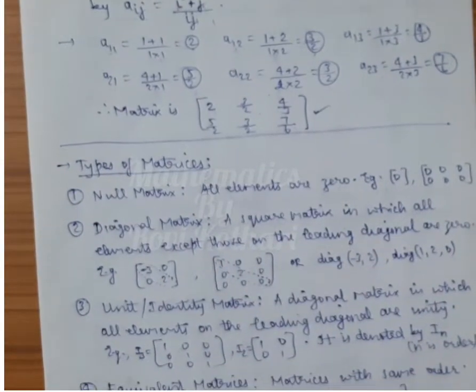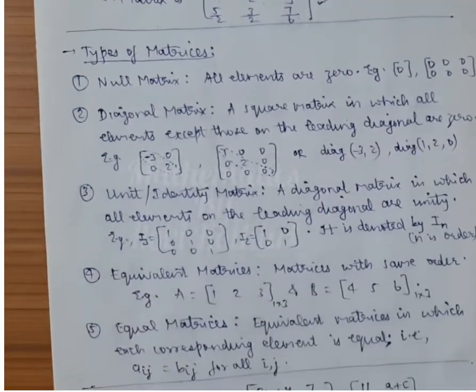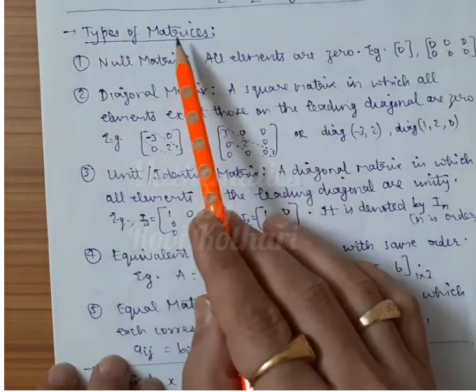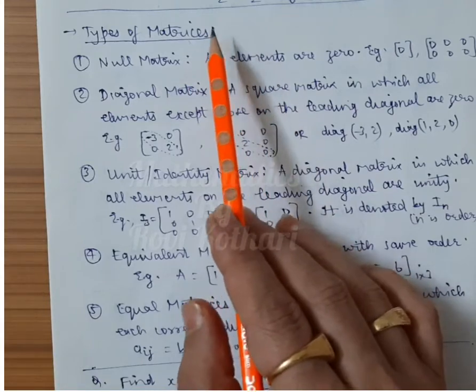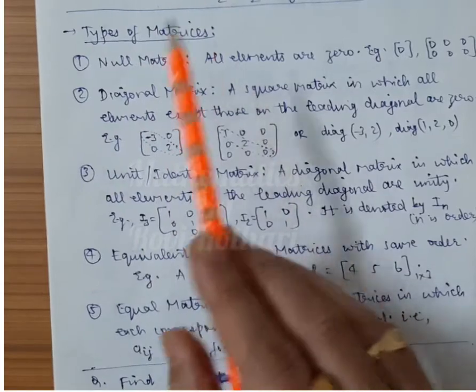Okay, so that was the representation of elements of a matrix. We're moving on to the next topic, which is types of matrices. Now, what are the different types of matrices that you come across? Three types I've already discussed in the order, which were row matrix, column matrix, and square matrix.